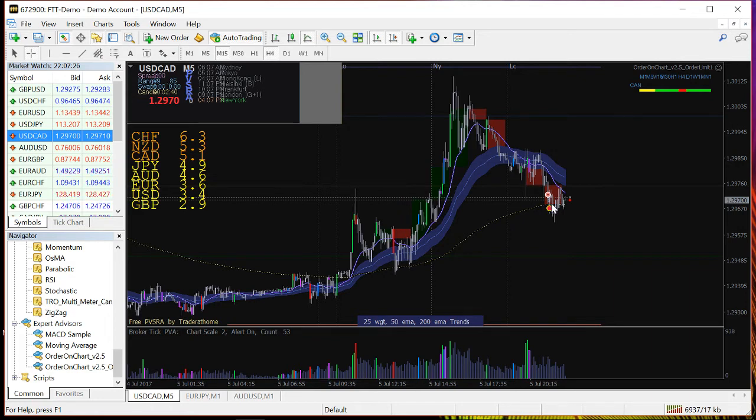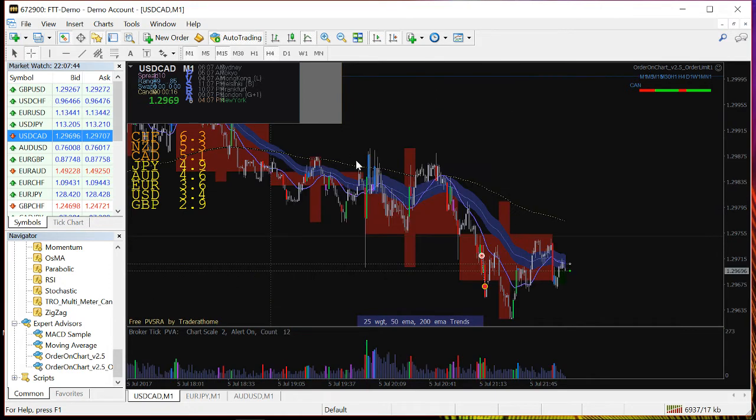So what did I do next? Once I know the trend, and here the trend for me was clearly a bearish trend, I switch back to M1 and look for an entry opportunity. Look for an entry opportunity. So what I saw in M1 is that I had